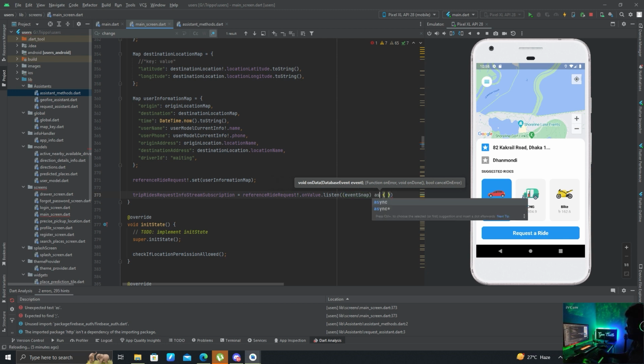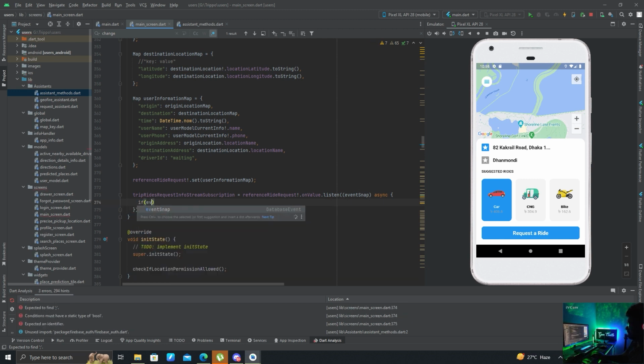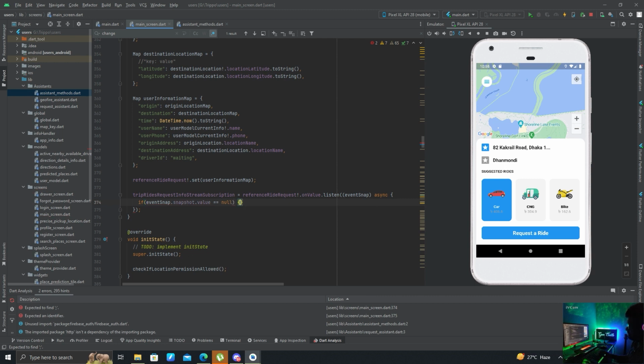Let's make this asynchronous, and now we can write here if event snap dot snapshot dot value not equals to null, return nothing, and if